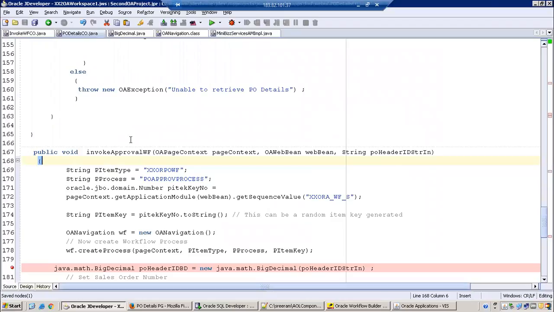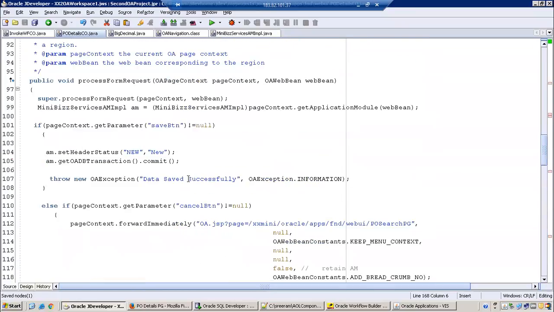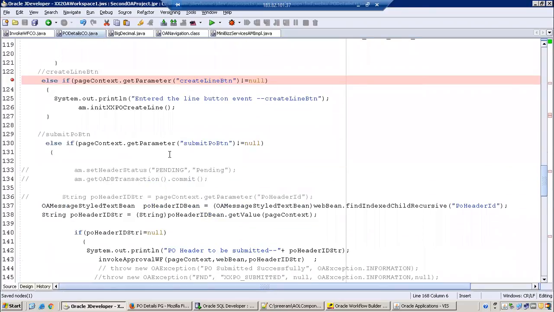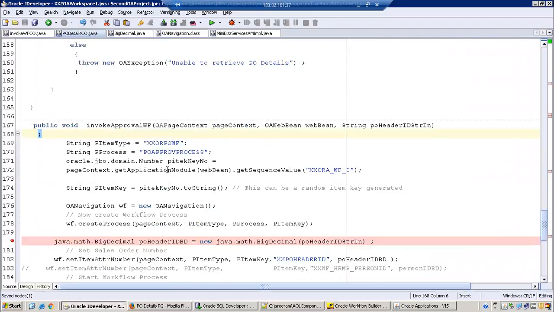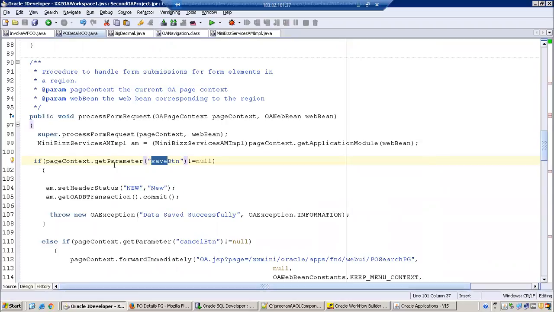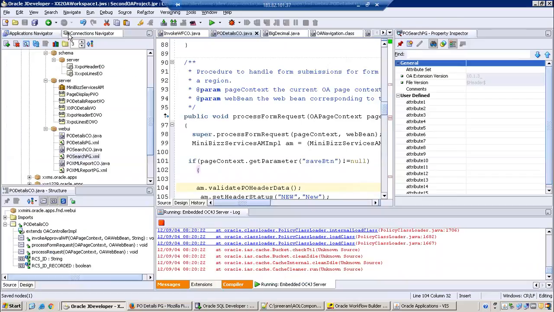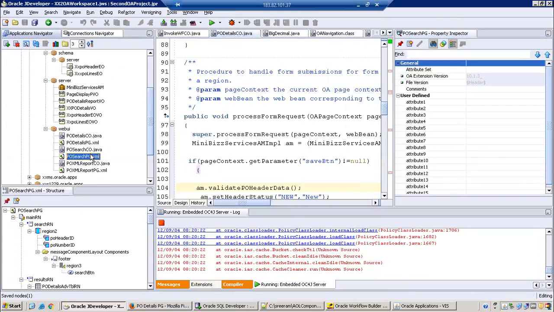And this validation message, we have to call when we click on save. Or in some pages you may have a functionality called validation. When validation is successful, then only the save or submit will be enabled. Those things we can also handle. As of now, on save in the PO details, where is save? Yeah, the save button. Before doing any commit, I'll call the validation. This is how it generally happens. You always call the validation, then only perform the remaining functionality. So let's call this one.